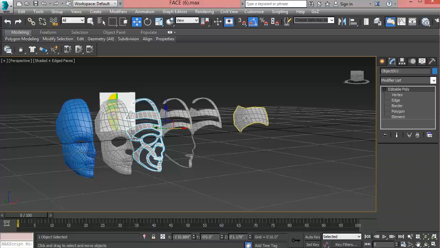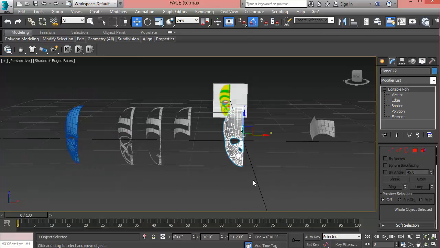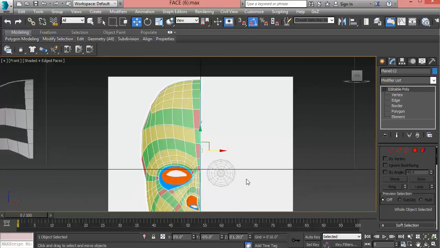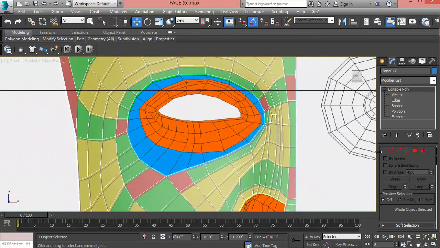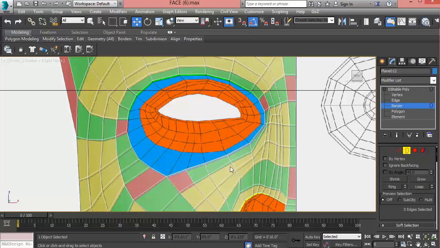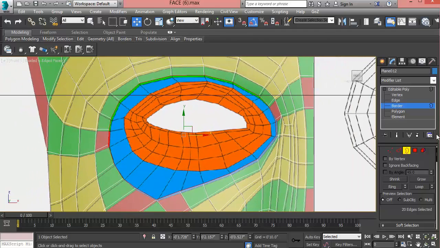Okay, let's look at doing the eye. I'm going to just move this piece out of the way and then move this one into place. So with the eye, basically it's all edge loops. Okay, so if you go into border mode and select this border, what you would do, and first thing I